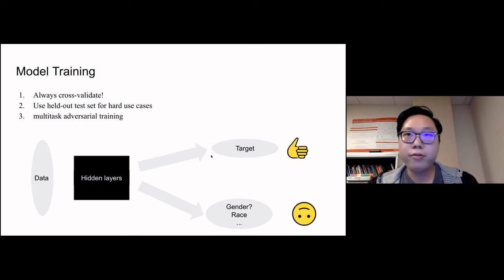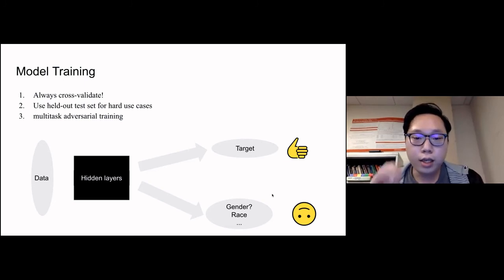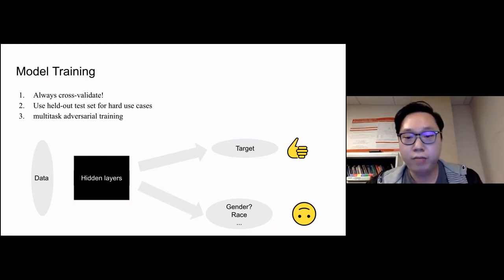On top of training a target, the true task that we are trying to solve, say the future success of researchers, we also add another classification layer to predict the gender, race, etc. of that researcher. But instead of minimizing the cost here, we maximize the cost, so that the classifier will not implicitly predict the gender or race for that data point. So no gender or racial bias will be introduced in this process.